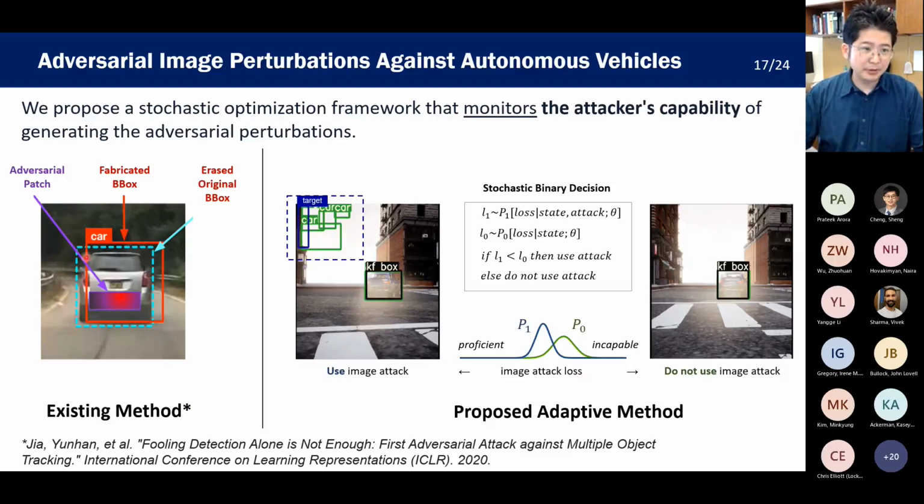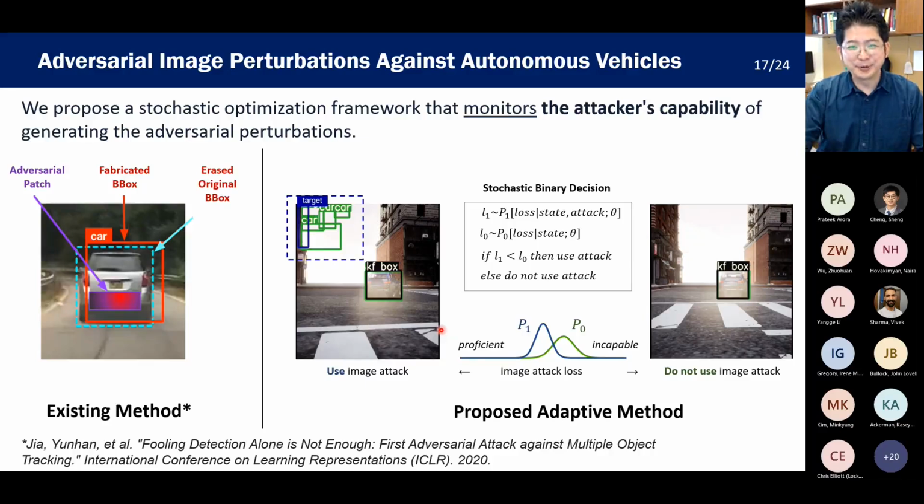One of them was this paper. This paper tried to add an adversarial patch to attack the detection of the car from the camera images, but this existing method is an offline method. It has to run through the usual iterative optimization to get this adversarial patch. So what I proposed was to do everything in real time using a neural network that generates such images, and then you can choose a target to fabricate those images, and then we've been trying to improve this